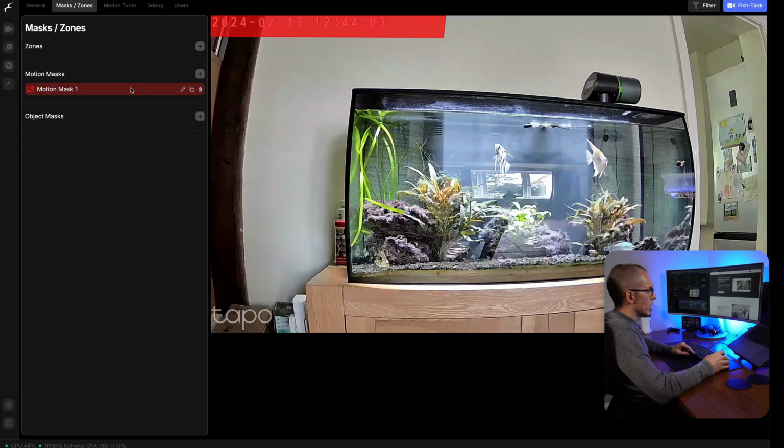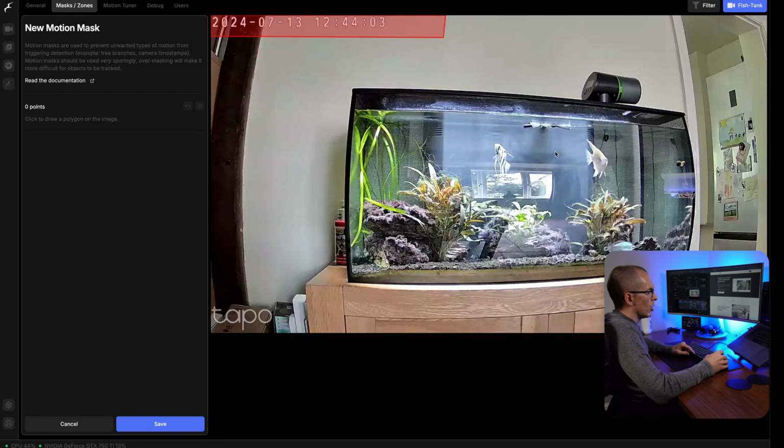On here you can see I've got a single motion mask up here. You could do all of this previously, you could add masks and zones, but it was all a little bit clunky. I could never, for example, figure out how to add an extra point. You could add points, but they just randomly appeared somewhere on the mask. What we've got now works an awful lot better. So you can just create a new mask